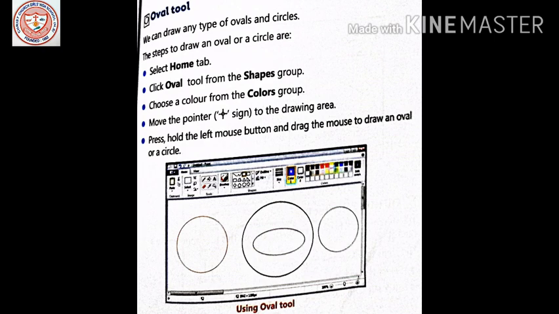Now comes the oval tool. We can draw any type of ovals and circles with the help of the oval tool. Now the steps to draw an oval or a circle are: